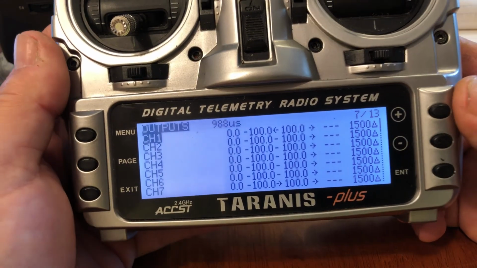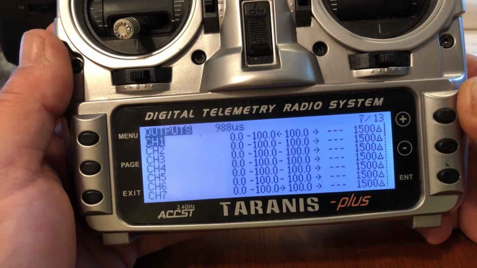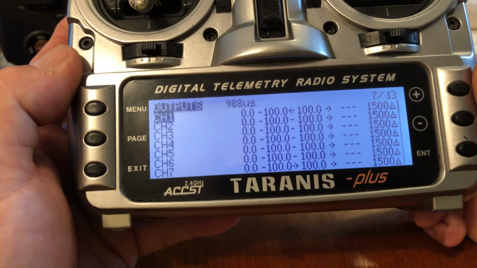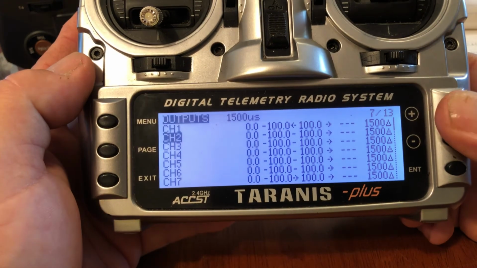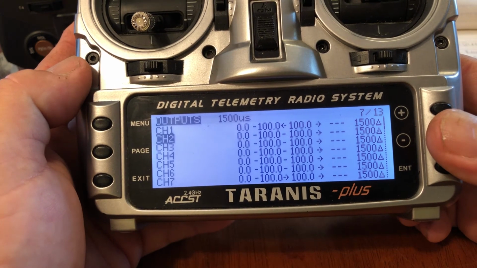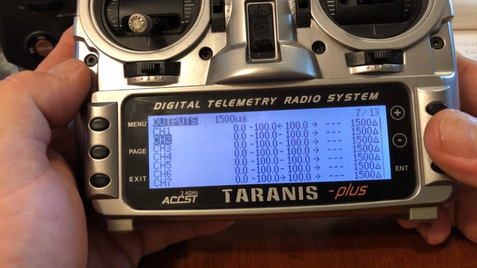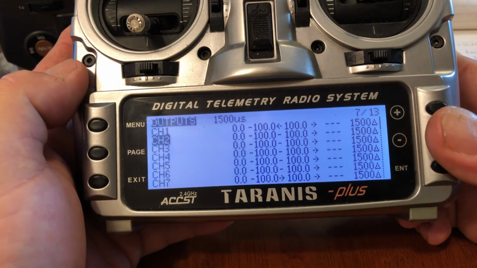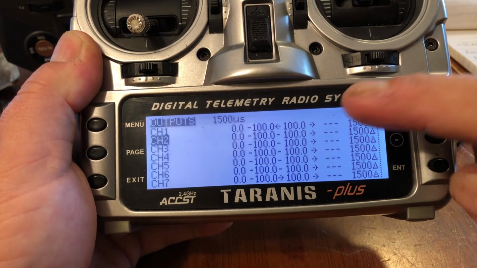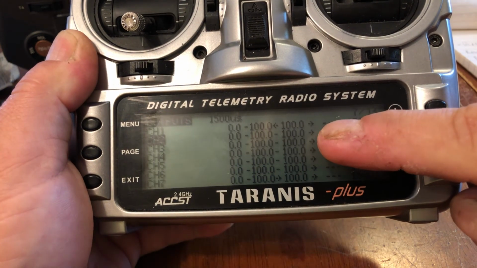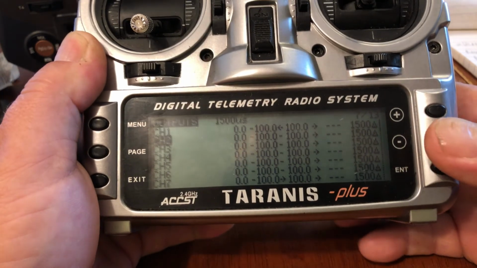Outputs, I don't know why they changed it to the term outputs. It used to be called servos. But outputs is your outputs, and it lists it by channel, 1 through 8. So what you're going to want to do is whatever one you need to change, like say you go to move your ailerons and they're moving in the opposite direction. That's bad. I mean, you could easily crash that airplane. But what I want you to look at over here is, they don't tell you, but these little arrows right here next to this 100 on the right hand side of this 100, those little arrows are the direction that